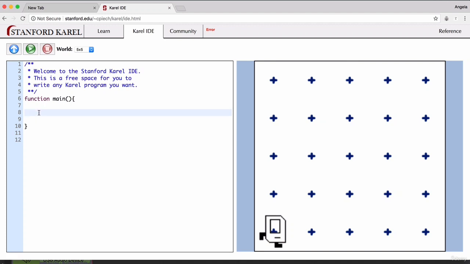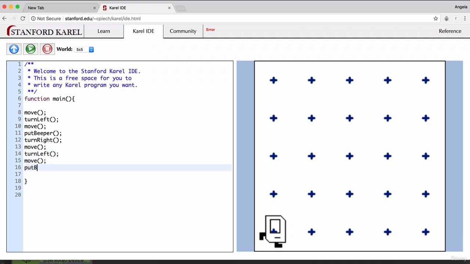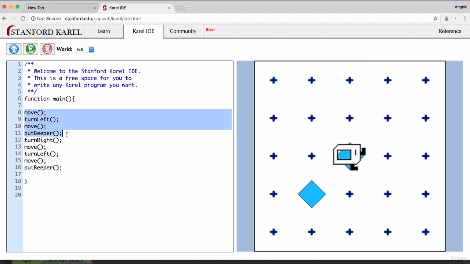So one way of doing this would be writing move forwards, turn left, move forwards, put beeper, turn right, move forwards, turn left, move forwards, and put beeper. So if we run our code as is, you can see that she's begun on her journey, but you might also notice that there's a lot of repeated code in here,